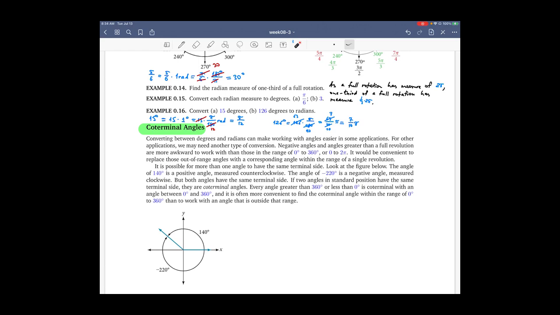That is not convenient. It's much more convenient to have angles that are always between 0 and 360. So what do we mean by this? We mean, and we saw it on the first page, that